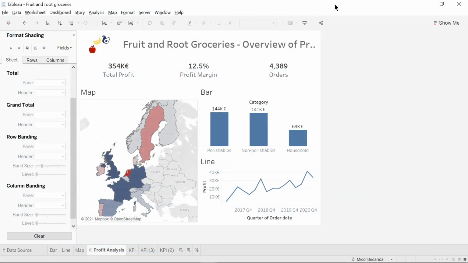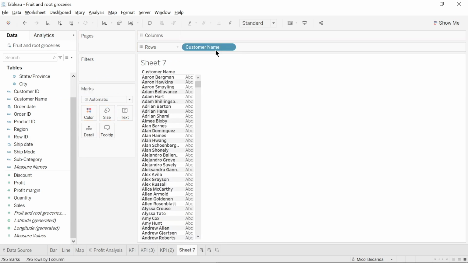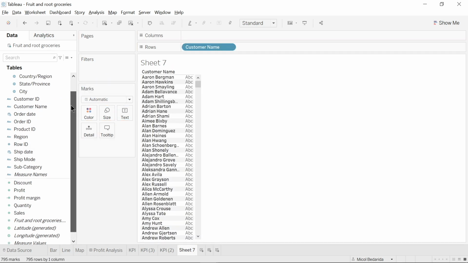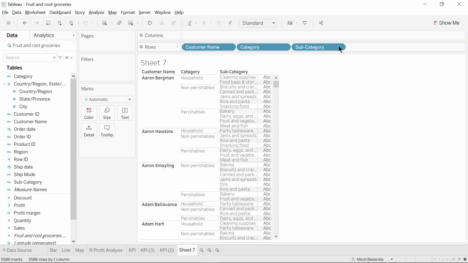The last element we're going to add to this dashboard is a table which gives us information about the customers. So in a new sheet, I'm going to bring customer name onto rows. And I also want to split up the table by category and subcategory. And then I'd like to see the quantity, the sales, and the profits that the company made from selling these